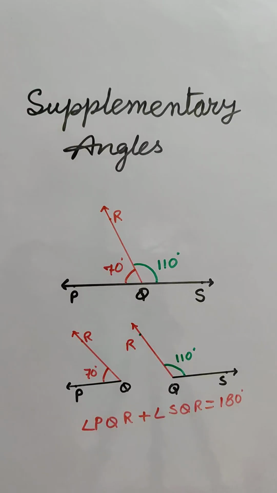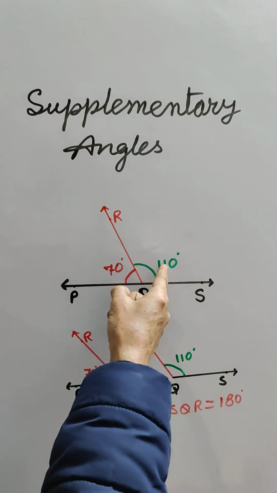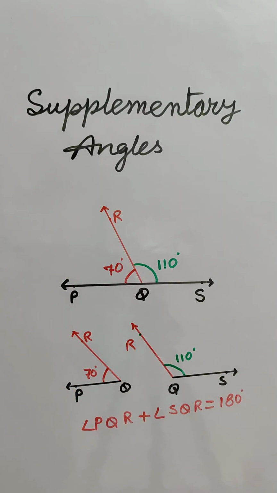These are supplementary angles. Two angles are said to be supplementary angles if the sum of their measure is 180 degrees. The sum of the measure of these two angles is 180 degrees, and these two angles are also 180 degrees. These two angles can also be called supplementary angles, but these two angles cannot be called